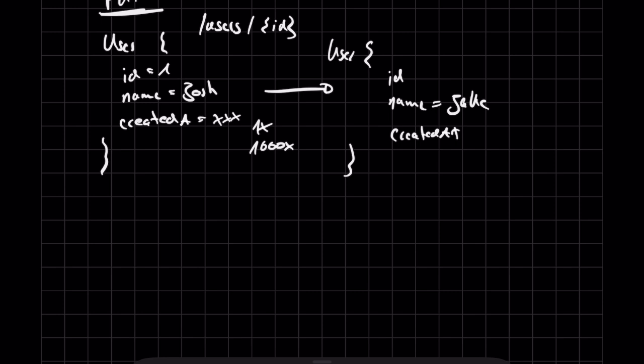You can perform an operation one time or as many times as you want, but you end up with the same resource state. Of course, there are intricacies here with our system state. You can send it too often and you can be rate limited, or the server can go down and then you get a 500. But if we only talk about two systems communicating via HTTP, idempotency means you send a request once or you send it 1,000 times, and ideally you end up with the same resource state.